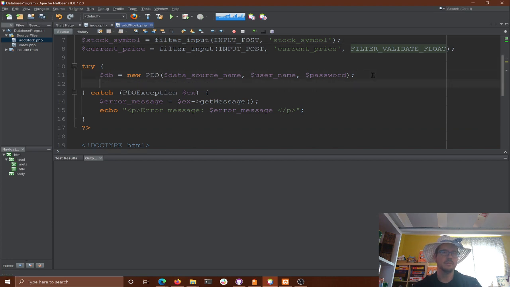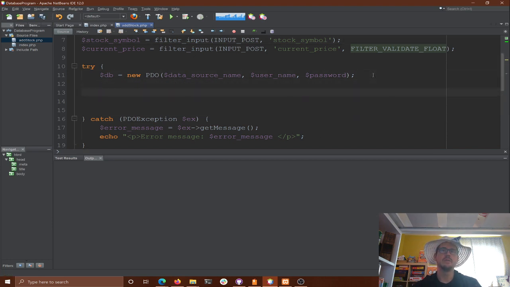So now what we're going to do with our database is try a different query. We're going to do an insert query. So we're going to take our query. It's going to be insert into stock. And we're going to say which columns we're going to insert: the symbol and the current price.